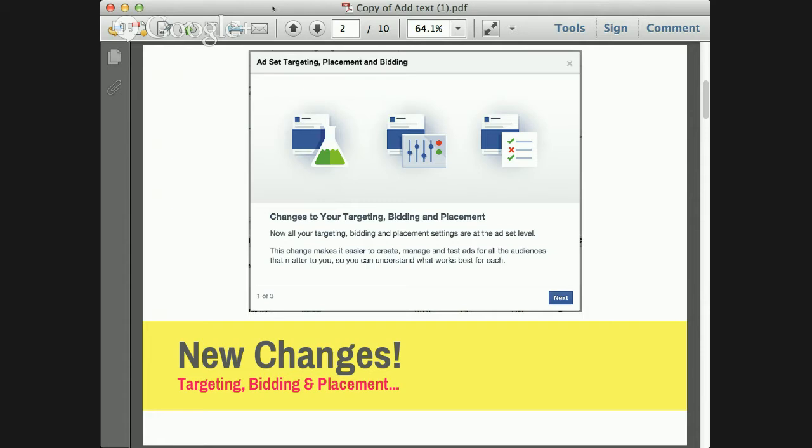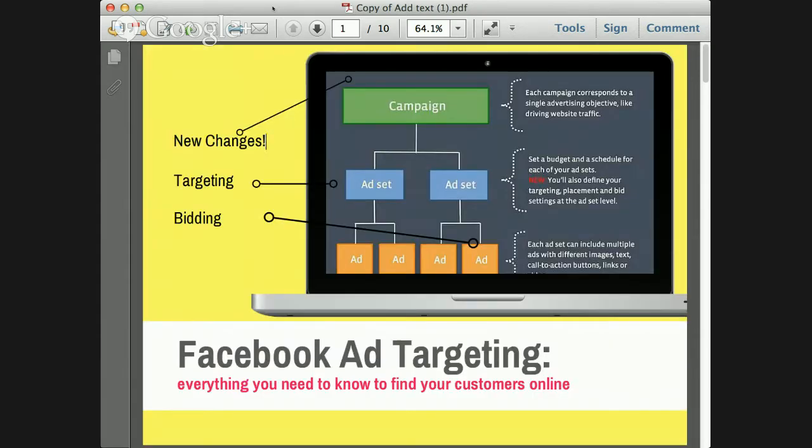I know when you're starting a campaign and you're testing out a lot, having to upload all these different ads can take some time. So with the new changes, it'll all be in one place. You can then create as many ads as you want, swapping out your image, your text, your copy, and all of that good stuff. So here's just a quick